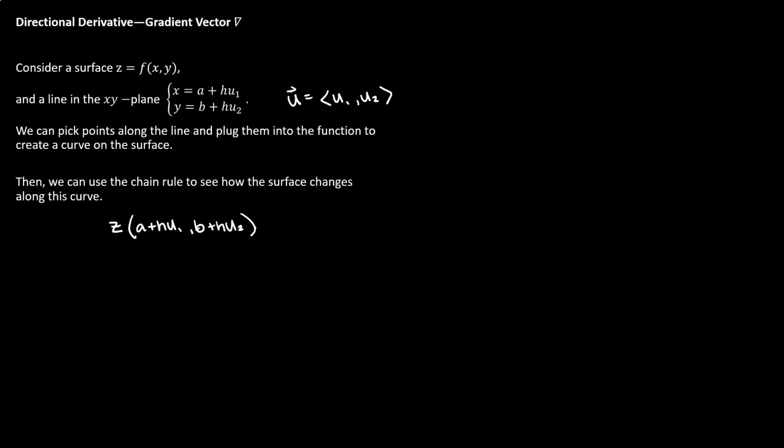And looking at z with this substitution done, we can see that now we're able to find how z changes with respect to h. Using the chain rule, we would say, let's find the partial of z with respect to x times dx dh. Also find the partial of z with respect to y, dy dh. And if we look at this here, dz dx, or partial z with respect to x, partial z with respect to y, and then we match up the other partials, dx dh, dy dh. Well,